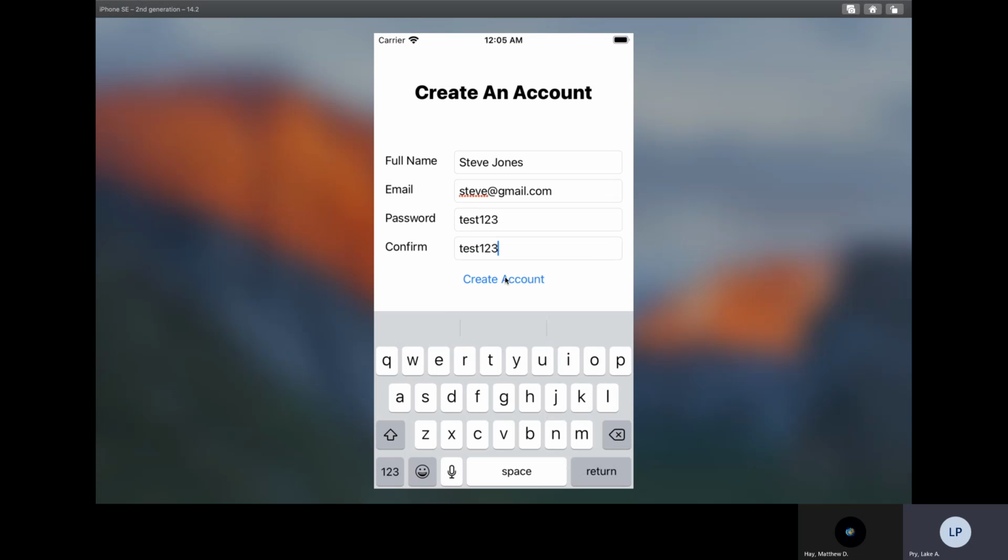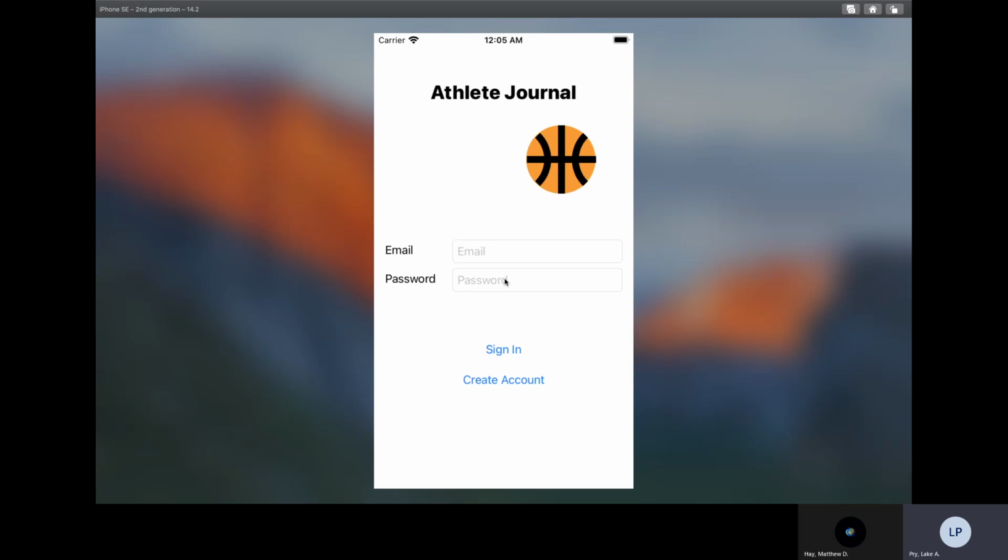with some basic information. So whenever we create the account, we'll push this over to a web server that basically is the backend for the entire iOS project that we built. Almost all the data that's transferred for our application is done through this backend web server. So we click create account. It'll take a little bit since it's a basic server, but as you can see, we're redirected back to the